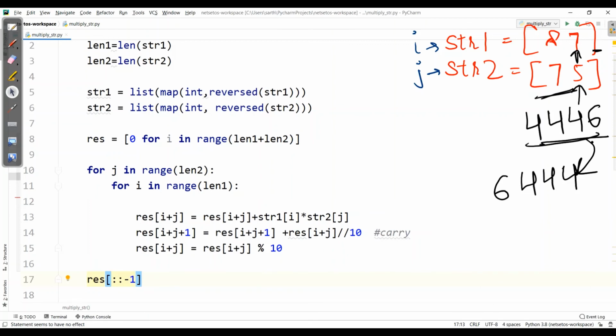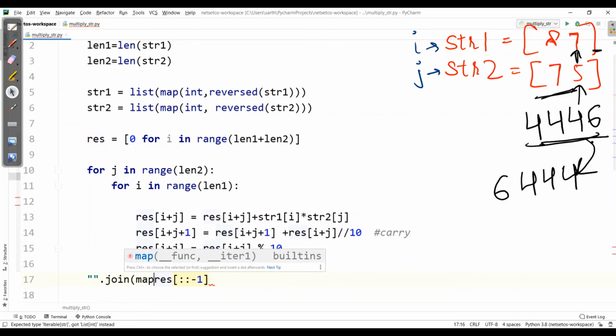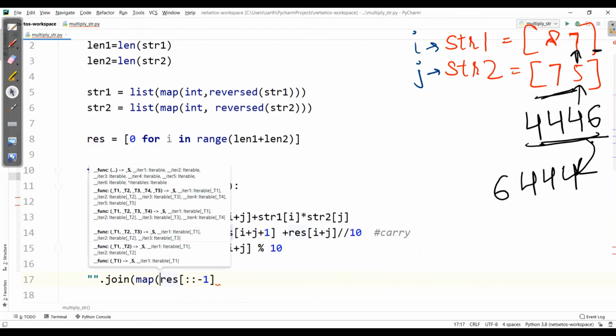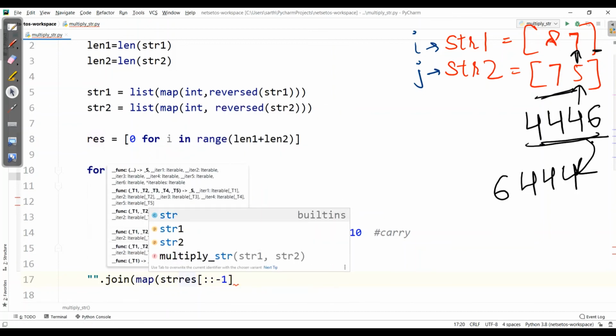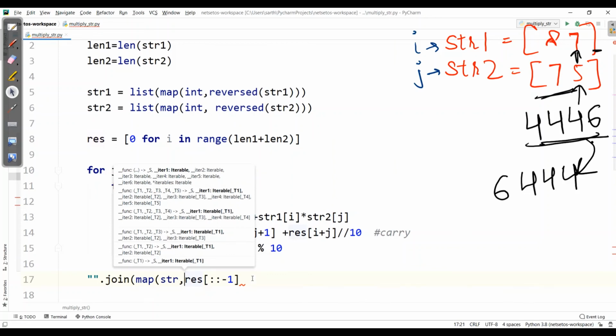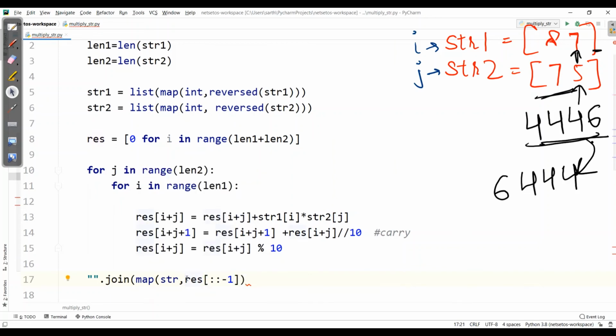As we have already discussed in our videos, for converting integer to string, we need to make use of the join function. Dot join with the map function, then the function name and the result. Now this is for 2 digits, where I got a complete 4 digits.